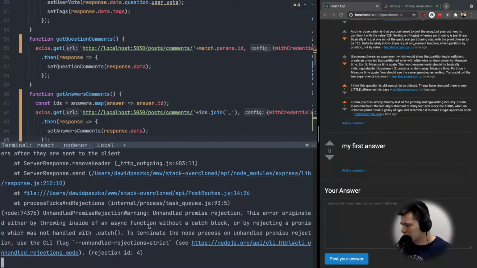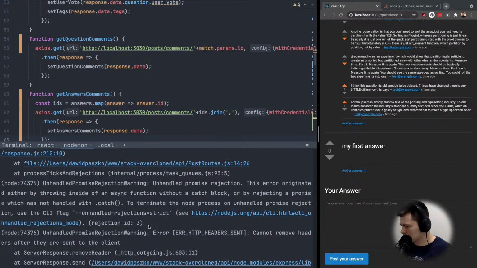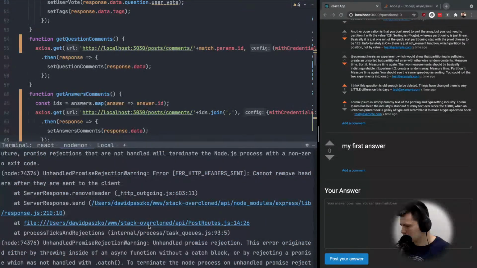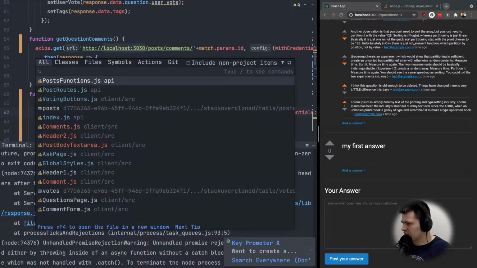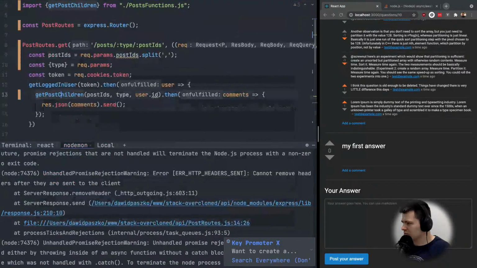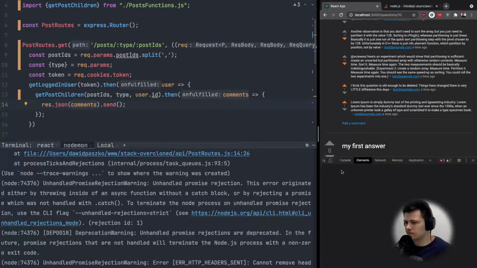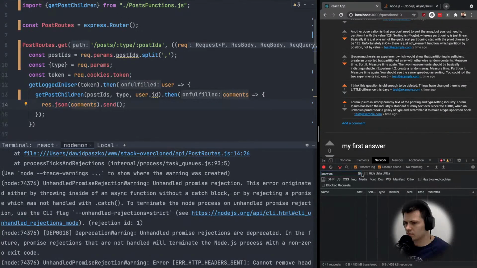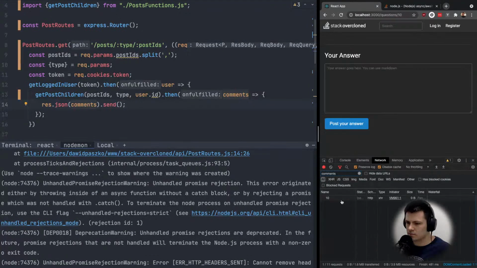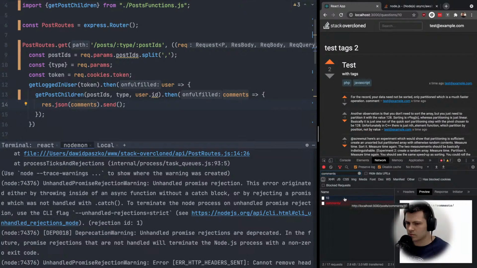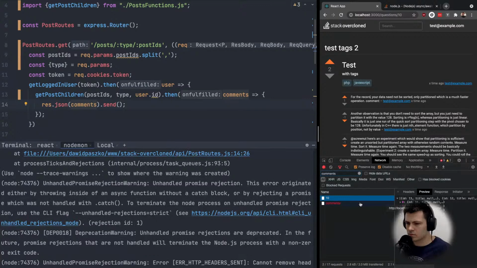Do we still get this error? Yes. Post routes 14. No post function, post routes 14. Okay, so this one failed. Let's see what happened here. Network. Let's find the comments. Here we have